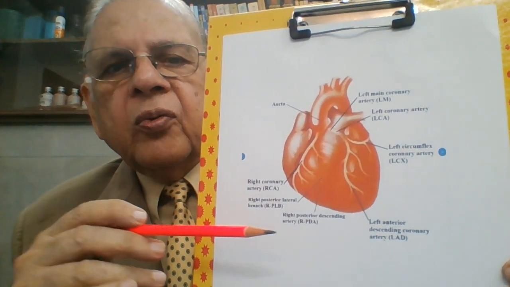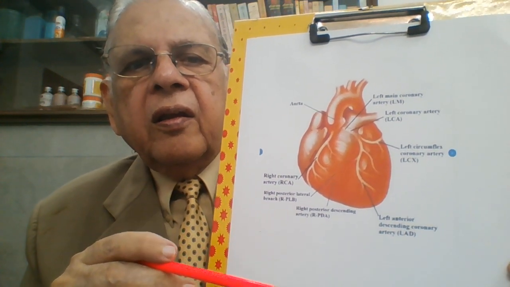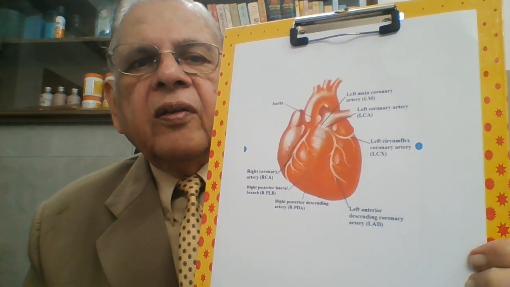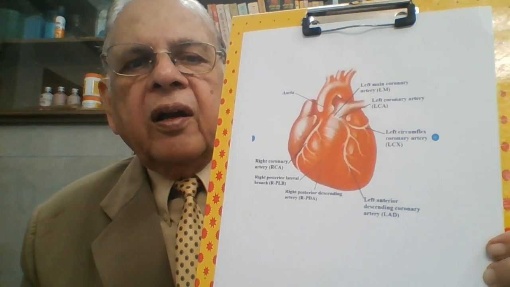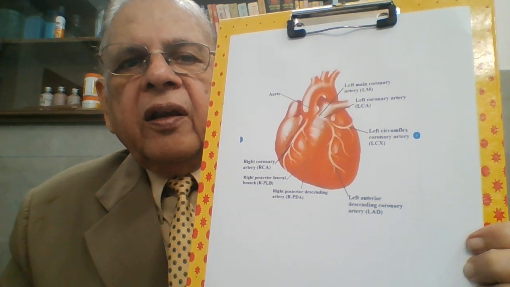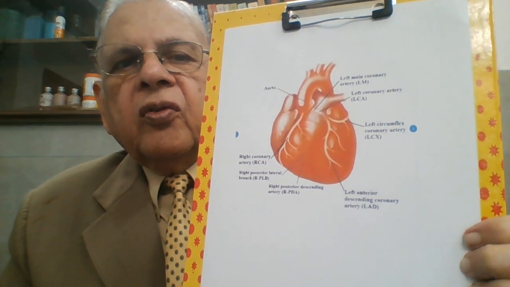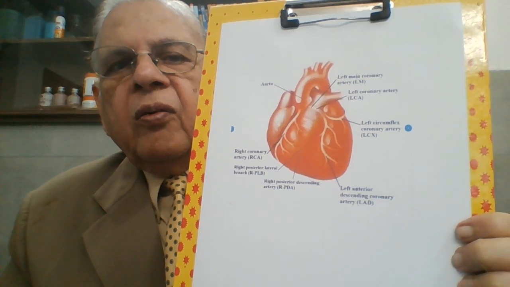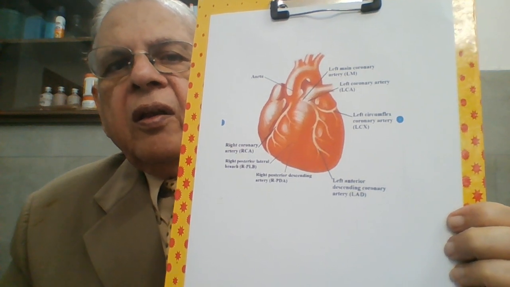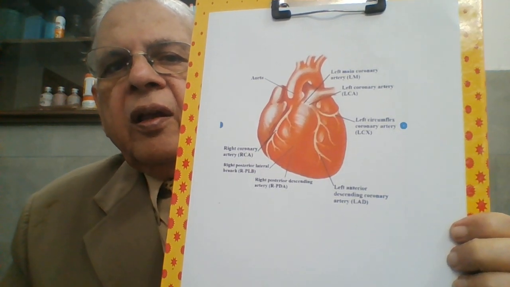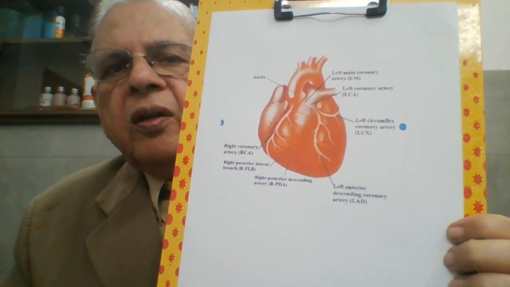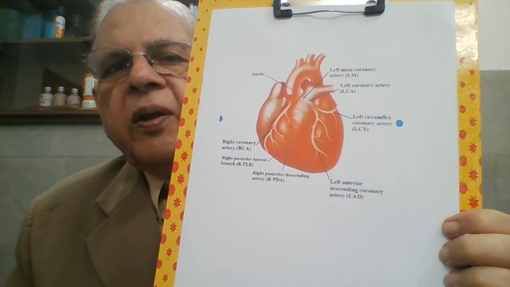These branches pierce through the heart muscle and supply the heart muscle, and then go inside, supplying the lining membrane of the heart. The lining membrane of the heart is called endocardium, and the outside lining is called epicardium. So from epicardium to endocardium, that is how the blood spreads. You see, these arteries arise outside the heart from the aorta, run on the epicardial surface, and then at times pierce through the muscle of the heart to supply the heart muscles.